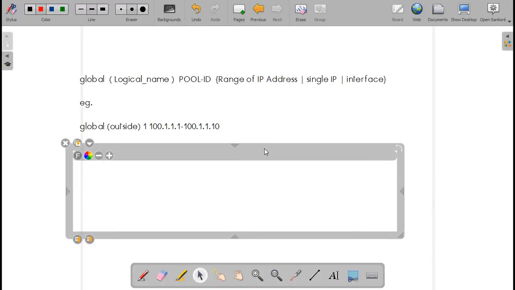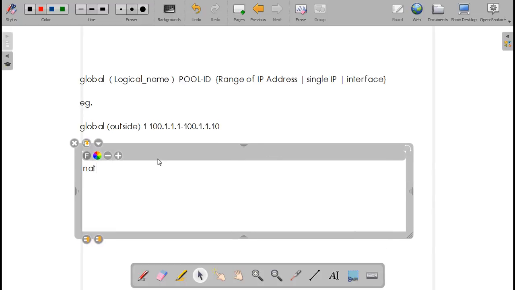you will be saying NAT again, in the brackets the logical name, then you will write down the network, and you will write down the mask.